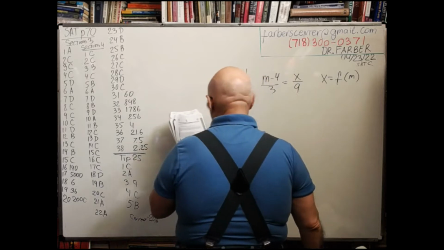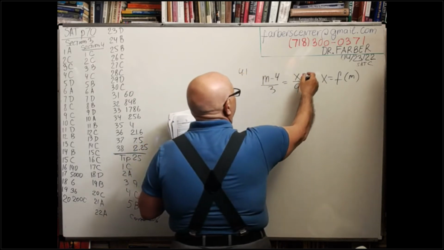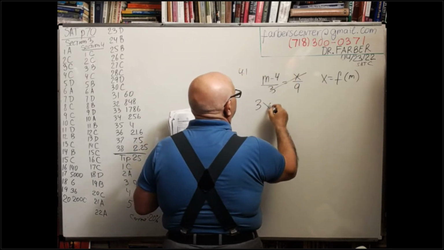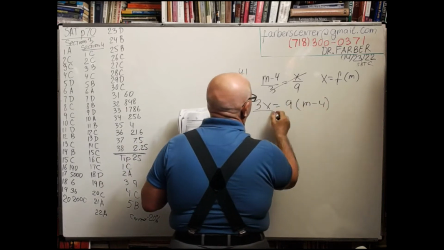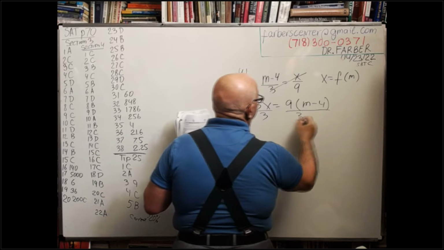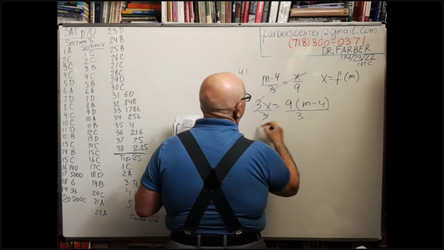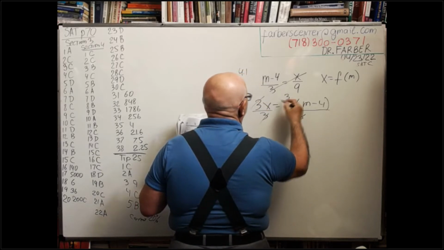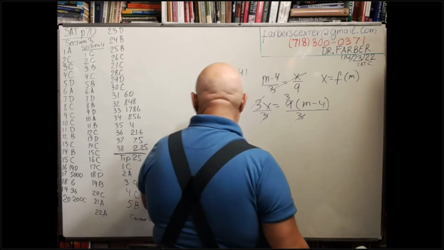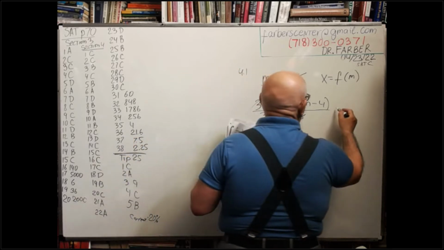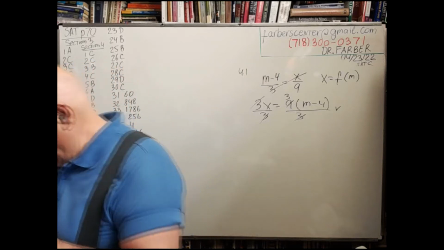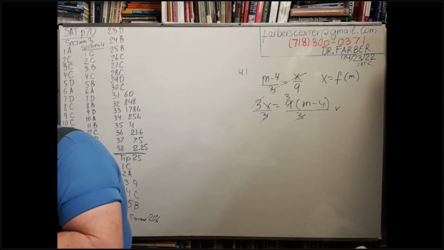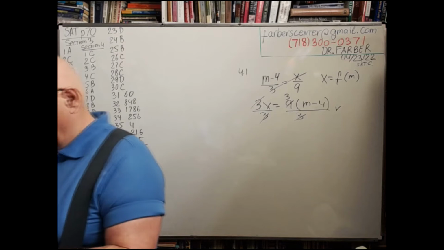Just use cross multiplication. 3x equals 9 times m minus 4. Divide both parts by 3. If you look at the multiple choice, this is C for 1. Okay, next is